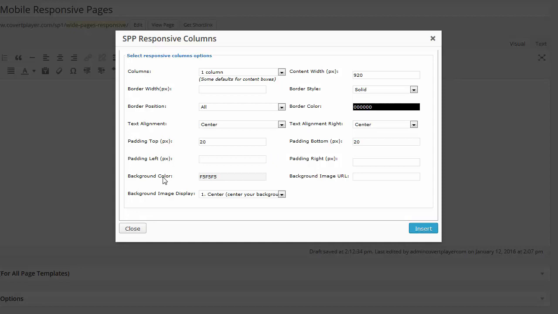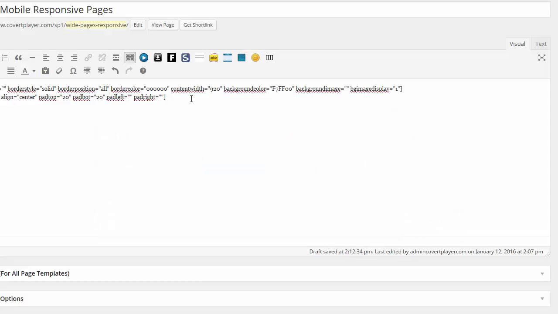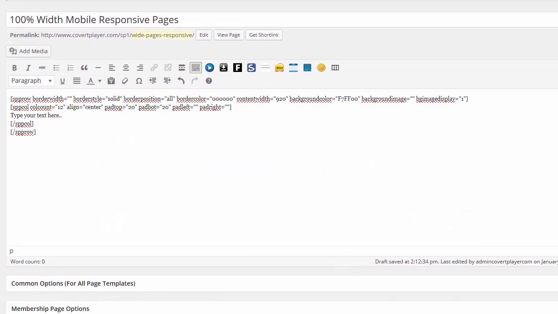From here, I'm going to pick the background color, and say, for example, I want it to be something like a gold or yellow color. Okay, maybe I'll just put it as a yellowish color, just like that. From there, I'm going to click on Insert, and it has some shortcode. All right, just like that. And here I can put in a text, I can put in a video, I can put images, whatever I want to do. I'm just going to delete that, and I'm going to actually just grab one of my shortcodes